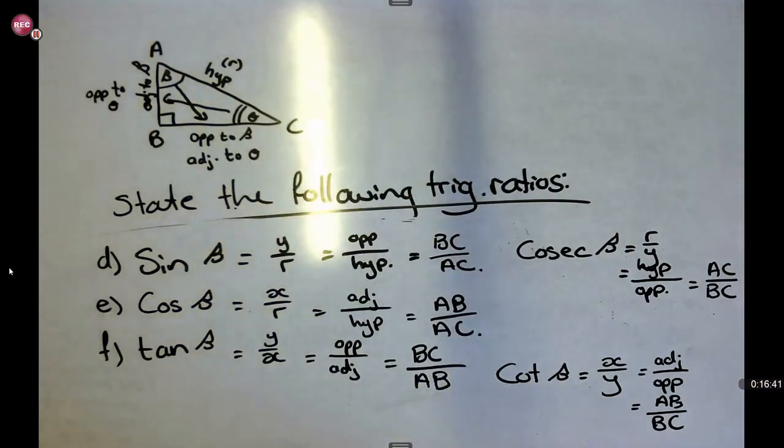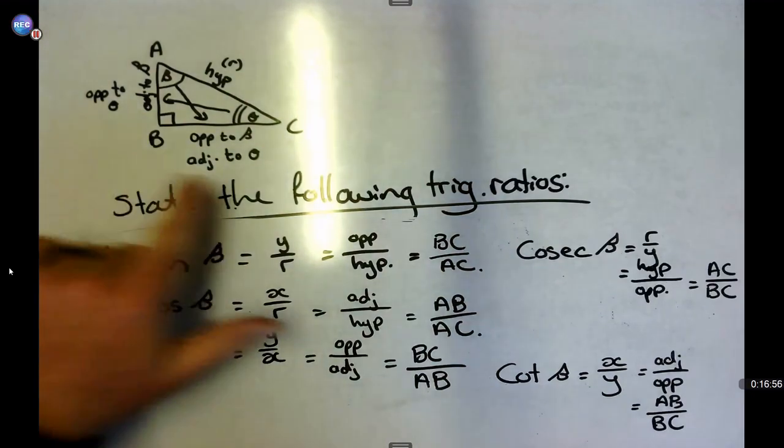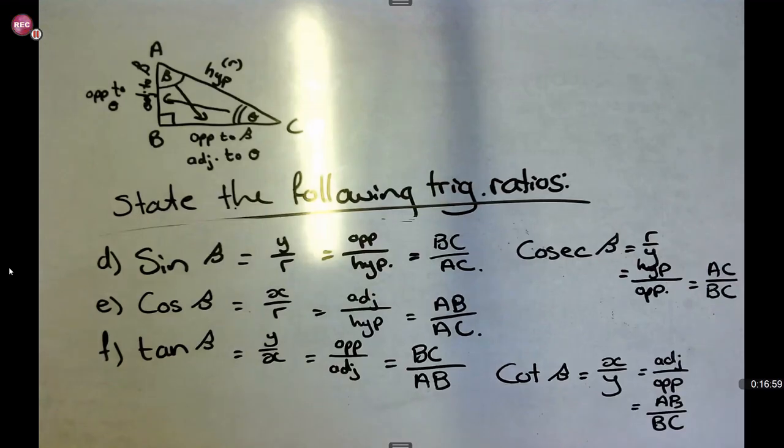So guys, this is the method that you will follow to calculate your ratios and to ensure that you know when you're using opposite, when you're using adjacent, where your opposite sides are placed, where your adjacent sides are placed, and so on. This is just to practice your ratios. Make sure you know your ratios, because if you do not know your ratios and we start with calculations, you're going to sit with a huge problem, especially when we start with the graphs of the functions.